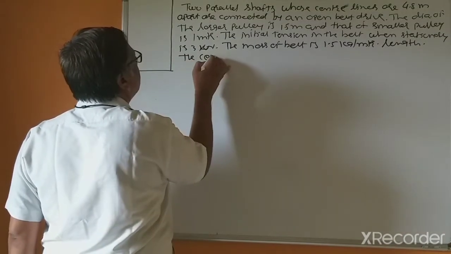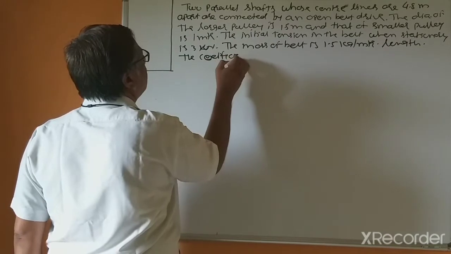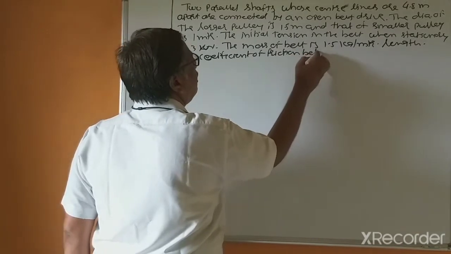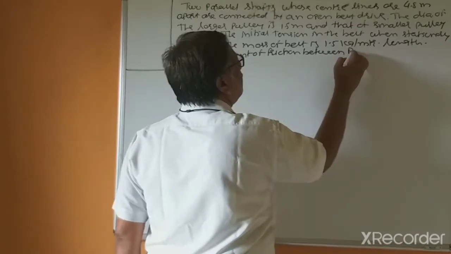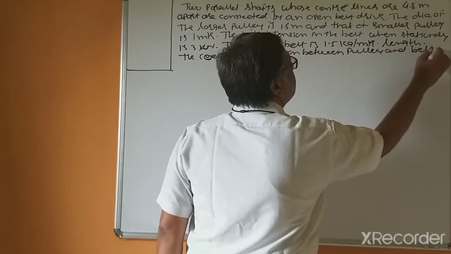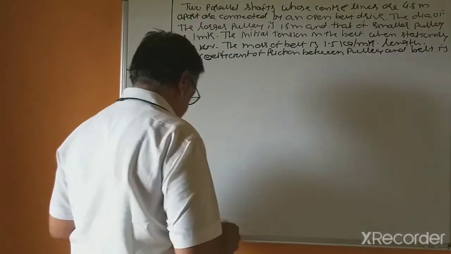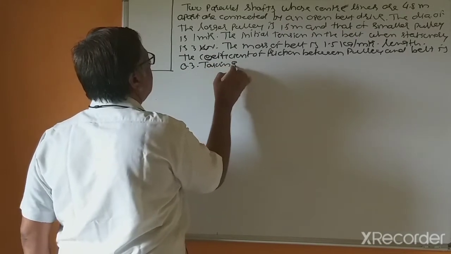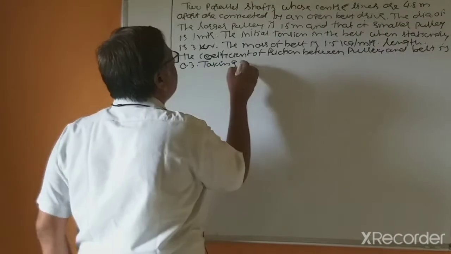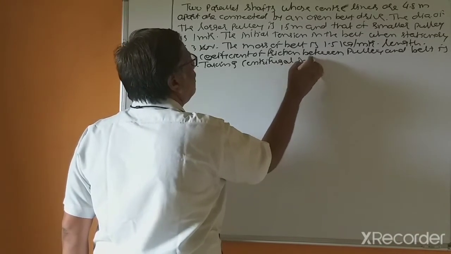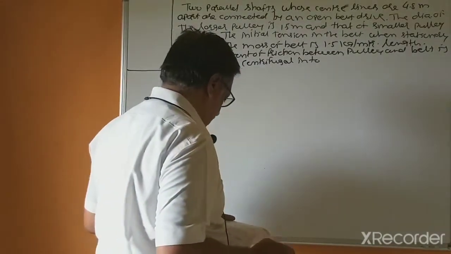The coefficient of friction between pulley and belt is 0.3. Taking centrifugal tension into account,